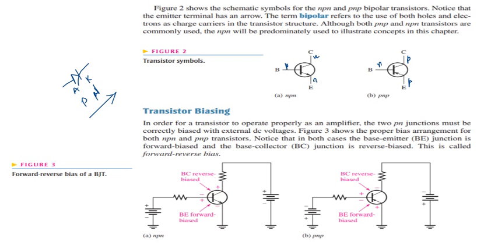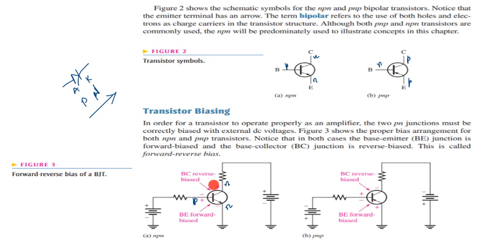We have two junctions. So base emitter, this is your base, this is your emitter, this is forward biased. Which transistor is it? Again, I can write it here for your convenience. This is N, P, N. Okay, this is positive and negative. So we can see if the voltage on the P side is positive and the N side is negative, we can say it is forward biased. Similarly, this is an NPN transistor. Here P is negative, N is positive. So your base collector junction is reverse biased.